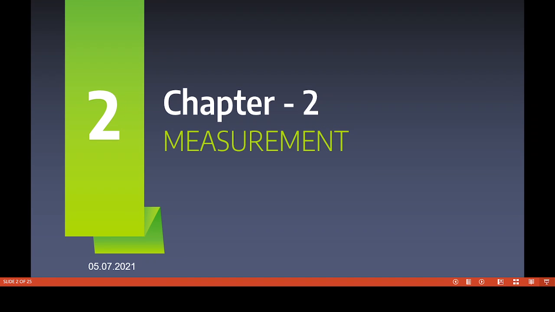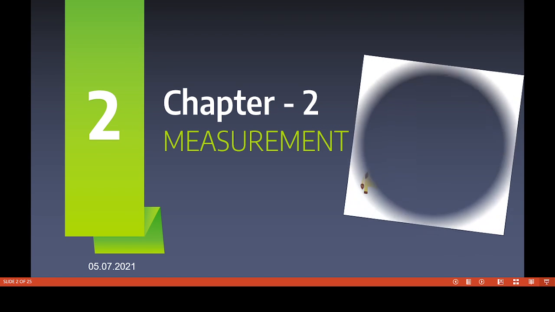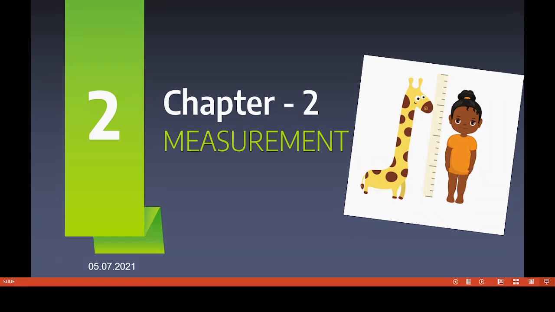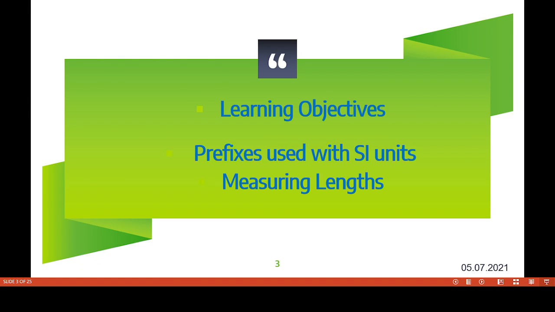Hello children, today we are going to discuss chapter number 2, Measurement. Learning objectives: prefixes used with SI units and measuring length. Yes children,